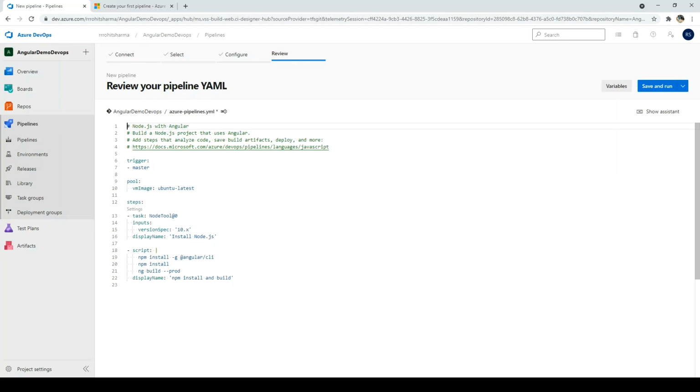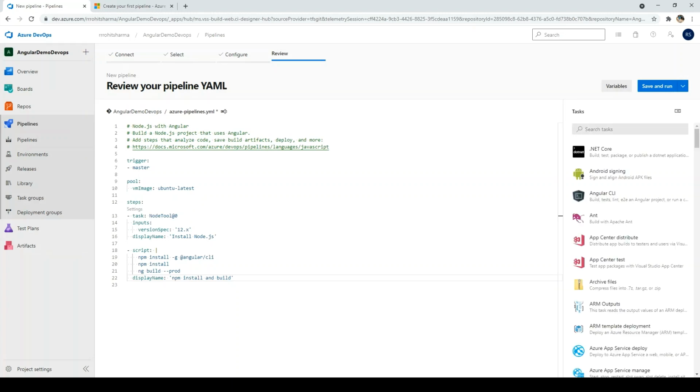So this is the YAML file, and by default some tasks are added. So the first one is to install the node, and the next is to install the npm packages which are required for the Angular. Since our node is 12 plus, so I'll use the 12 version, and this task I'll need that. So in this editor also I can add the task. To do that, I'll click on show assistant. So these are the task lists, whichever you want to, you can add. I just want to add the one publish task, so I'll select that,